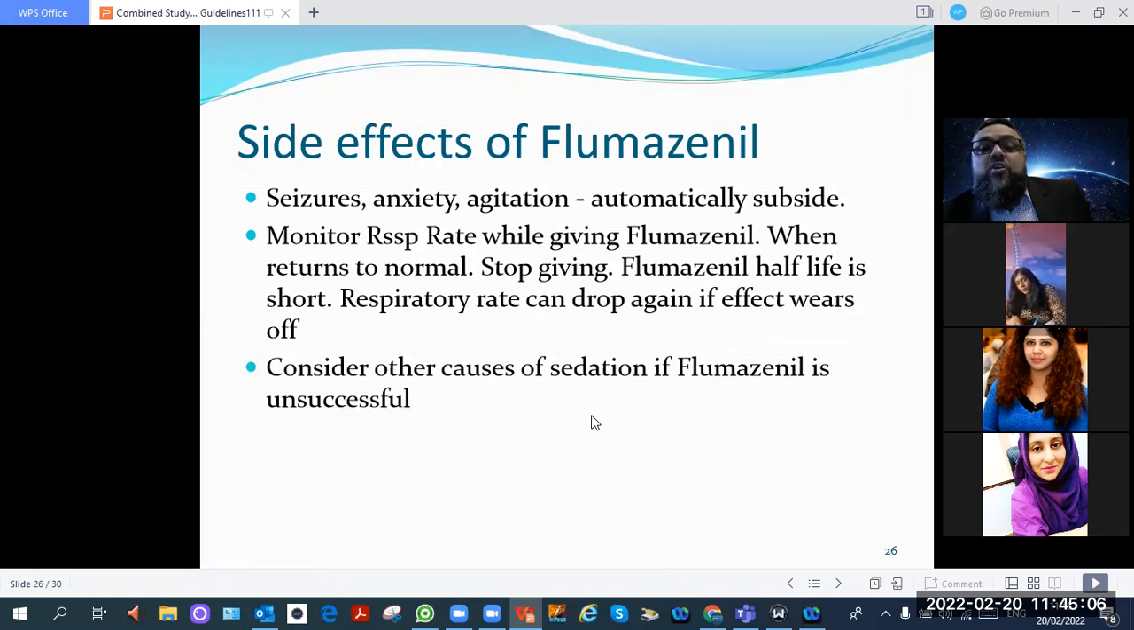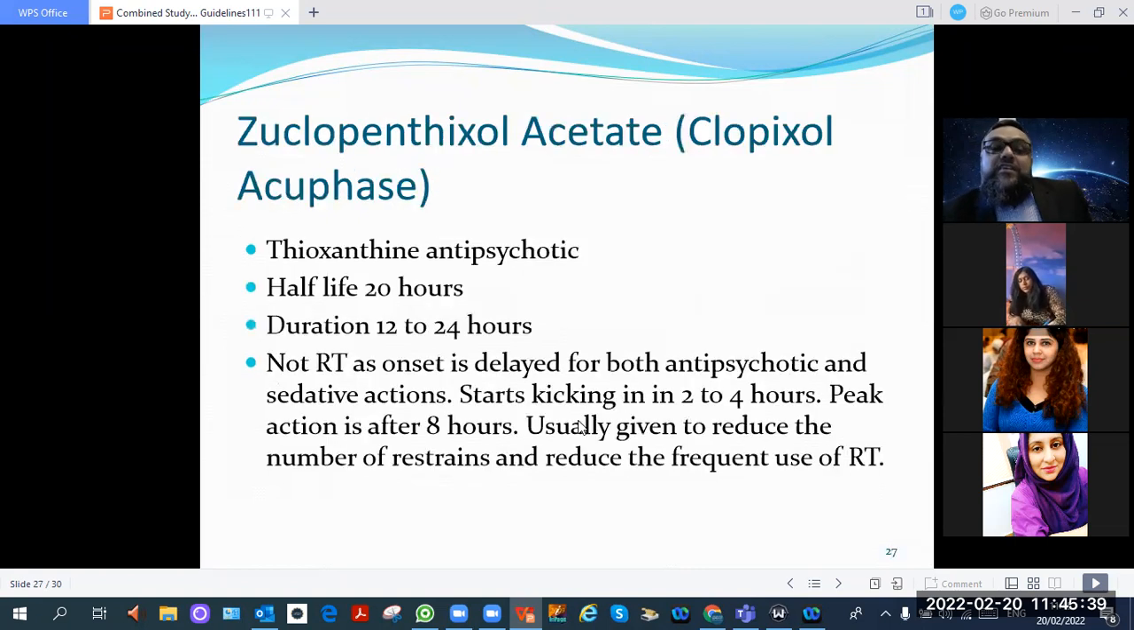And flumazenil half-life is very short. Respiratory rate can drop once again if the effect wears off. So need to be careful, and you might have to use flumazenil once again. So keep monitoring it. Consider other causes of sedation if flumazenil is unsuccessful. Maybe it is something related to opiates, and flumazenil will not work there. So consider these things. And now the last part of today's discussion, and I've said it many times,